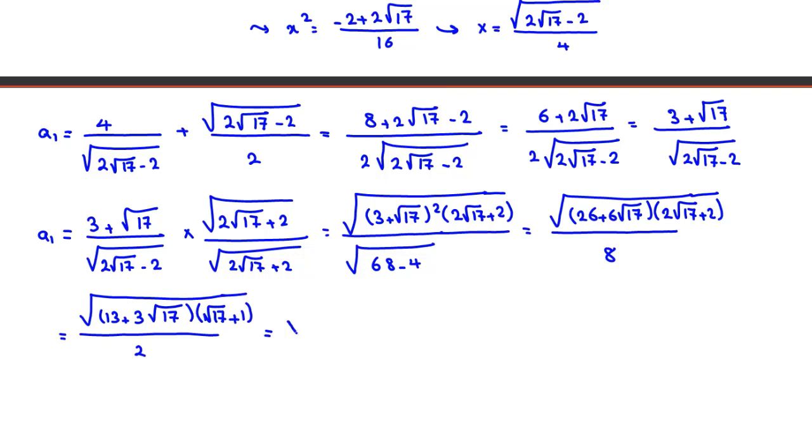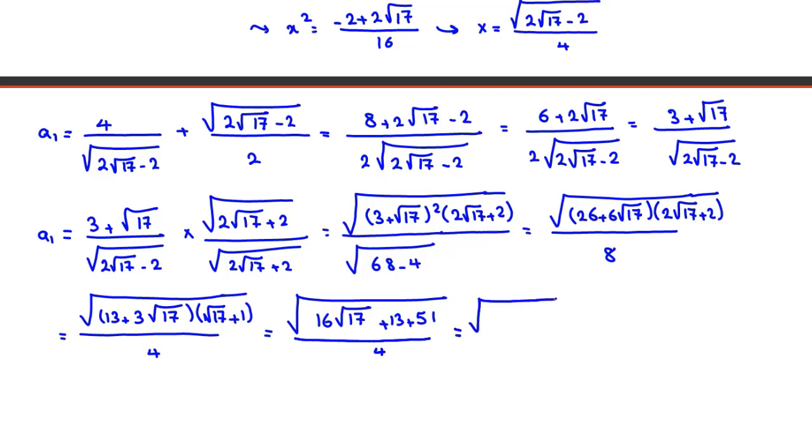And then it will be the square root of 13 root 17 plus 3 root 17, 16 root 17, and sorry, we divide 8 by 2, it will be 4. 16 root 17 and 13 plus 3 times 17. It will be 13 plus 51 all over 4. So it will be 16 root 17